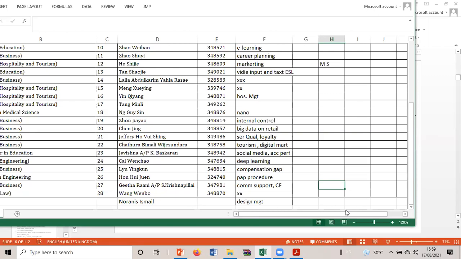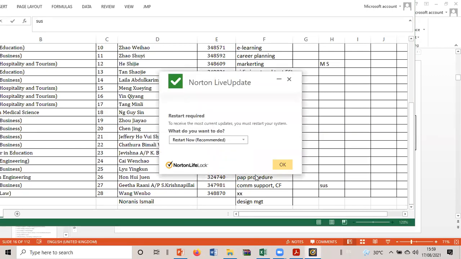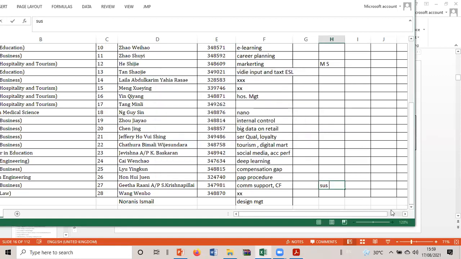Sustainability of what, Gita? As World Heritage Sites. Sustainability of heritage site, right? Okay, then sustainability of heritage site. How many words? 3 words. Okay. Sustainability of heritage site.